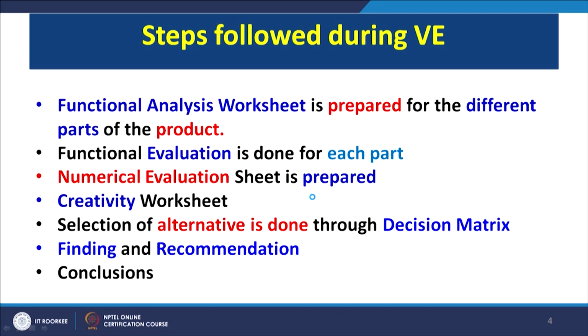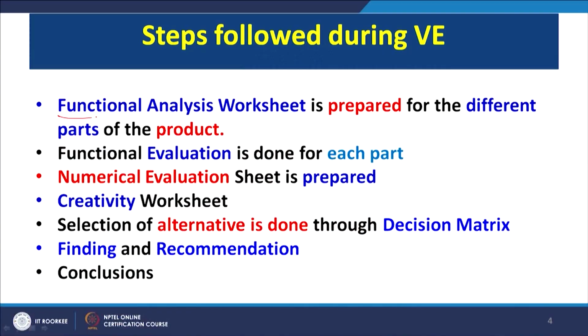What we need to do? We need to break this product into the individual components or parts, and then write down the verb noun definition for each and every part, and then establish the cost for each and every part, and finally see which parts are contributing to the primary function of the product, which parts are contributing to the secondary function, what are the parts which can be eliminated, what are the alternative designs available with us, and how those designs can help us to get a better product at a reasonable cost.